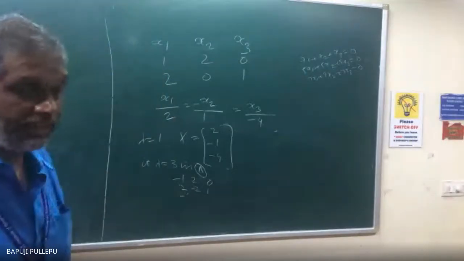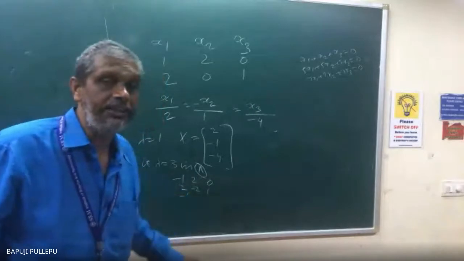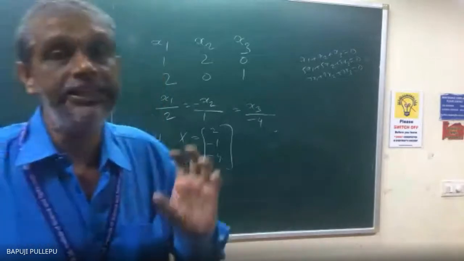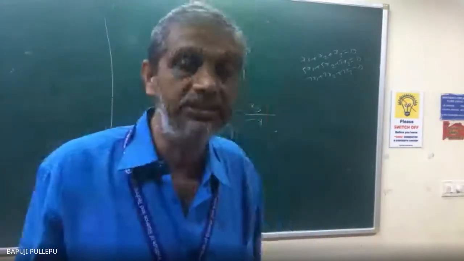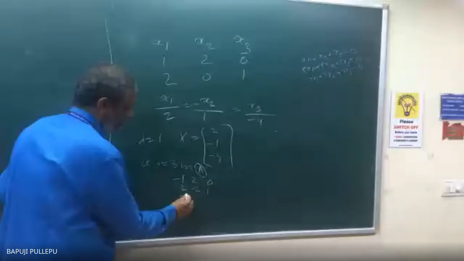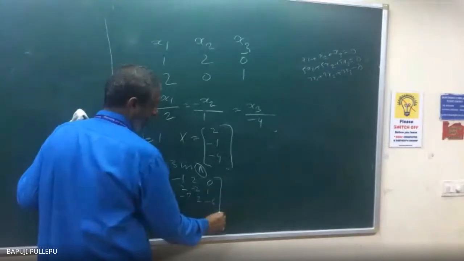-7 here. Lambda I can give only to the diagonal element. That element changes: A11 changes, A22 changes, A33 changes. Remaining elements are the same as in matrix A. There is no change. Sir, -7, 2, -6. My lambda is equal to 3, so -3, -3, -6. Correct.